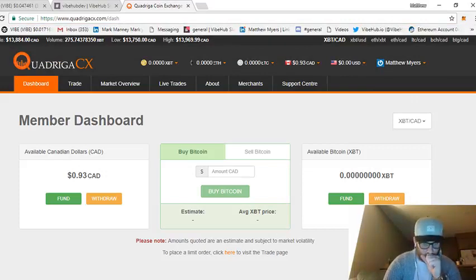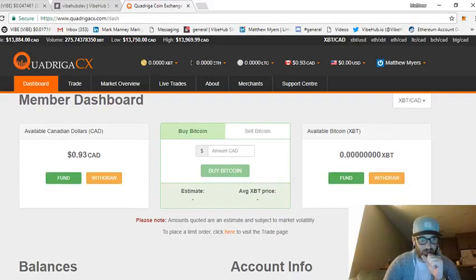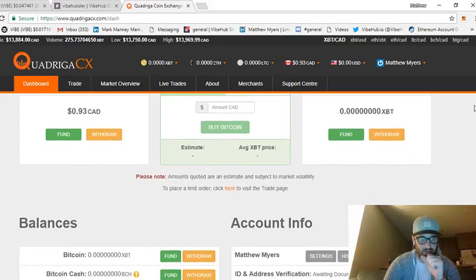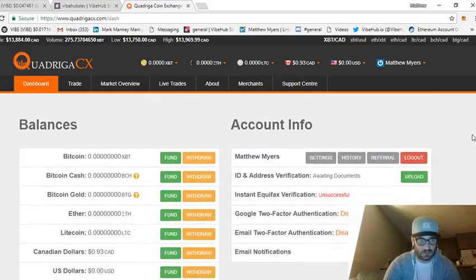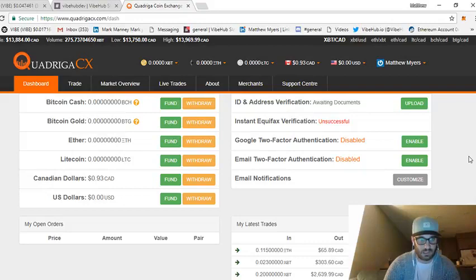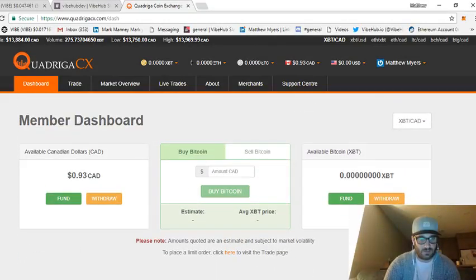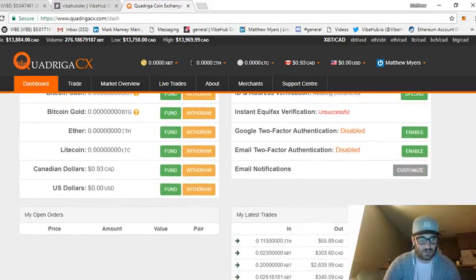So it's all set up here. You'll see available Canadian dollars, fund, withdraw, and you'll see your balances over here: Bitcoin, Bitcoin Cash, Bitcoin Gold, Ethereum, Litecoin, Canadian dollars, US dollars. So what you're going to want to do is see Canadian dollars, and click on Fund,